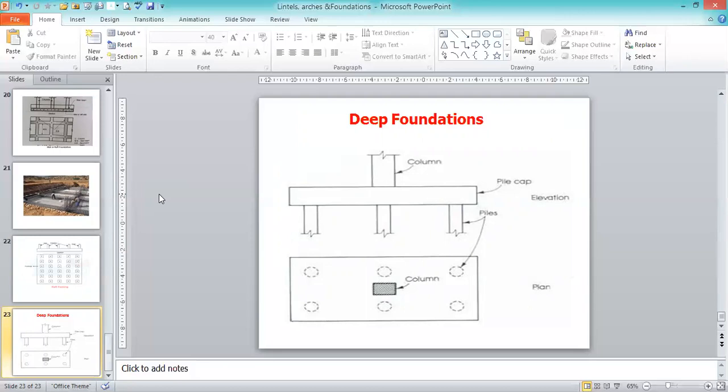Now the other: for the same existing soil conditions, we go for pile foundations at deeper depths. A pile is driven, and then the pile acts as a foundation, and over that the construction is completed. So this is about the deep foundations, which we use in waterlogged areas, or where the soil conditions are very weak. In those circumstances we have to go for the deep foundation.